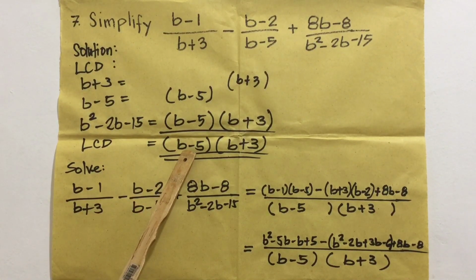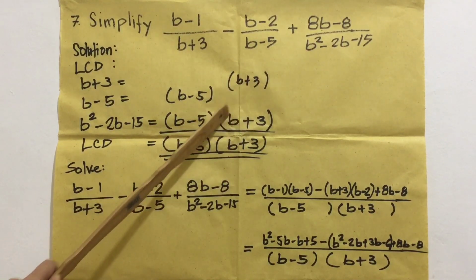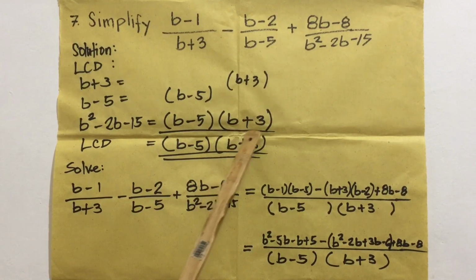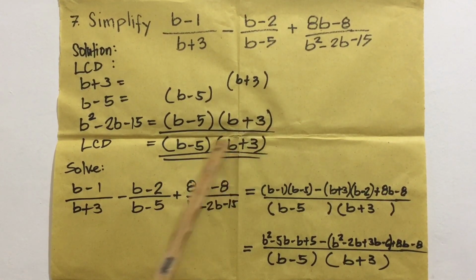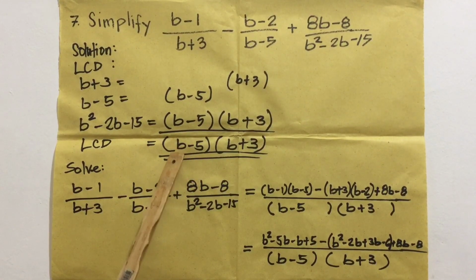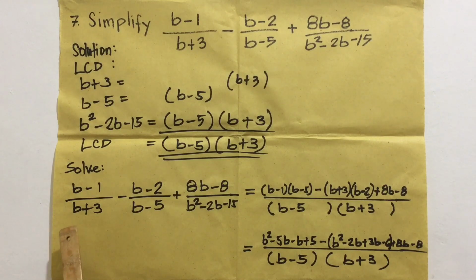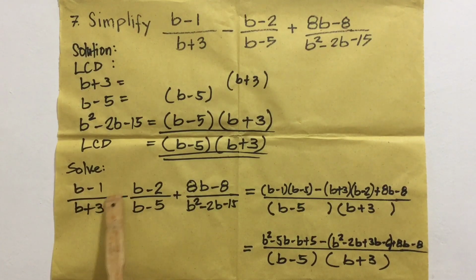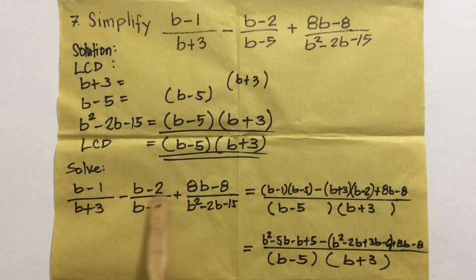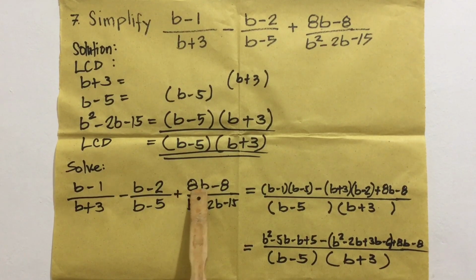This is why we have b minus 5, b plus 3, b plus 3, so we're going to select only one. So that's why our LCD is b minus 5 times b plus 3. Okay, upon realizing the LCD, we're going to compute now the given expression: b minus 1 over b plus 3 minus b minus 2 over b minus 5 plus